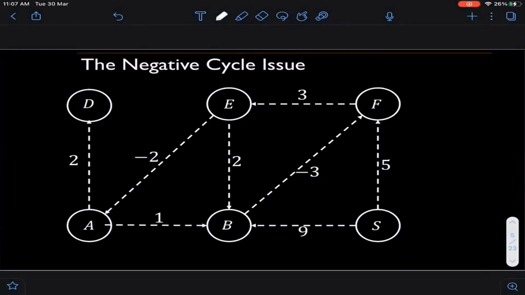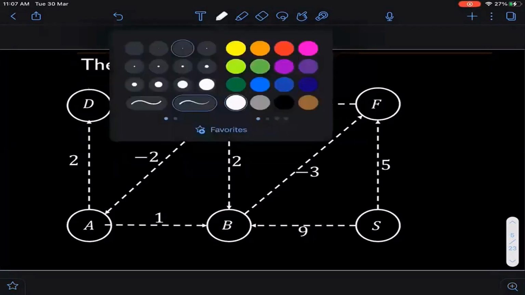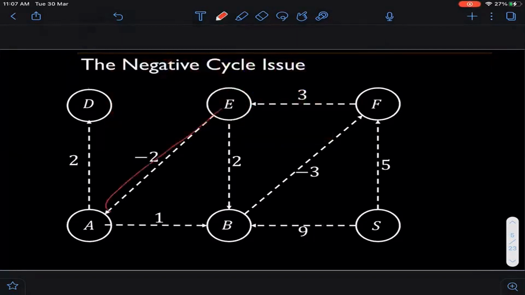Yeah, because as you will see, negative cycles are a mess to handle. So first of all, what is a negative cycle? Well, it's a cycle such that if you go around the cycle once, then the total length of the edges is negative. So if I look at this cycle, then this is a negative cycle. Why? Because the total effective length of this cycle is -1. If you add up all the numbers here, they will add up to -1, which is why this is a negative cycle. This is what we call negative cycles.